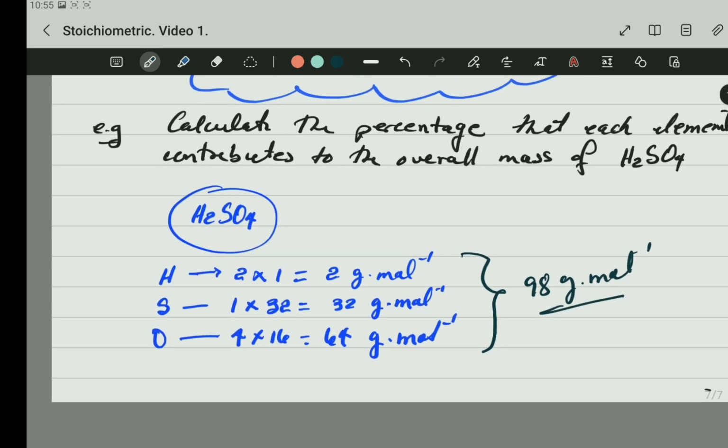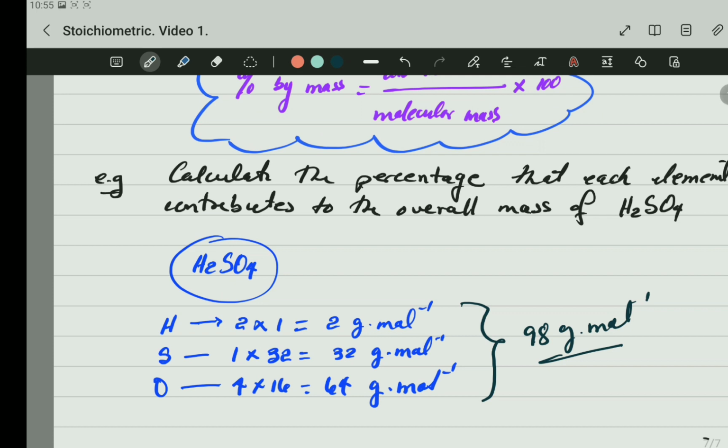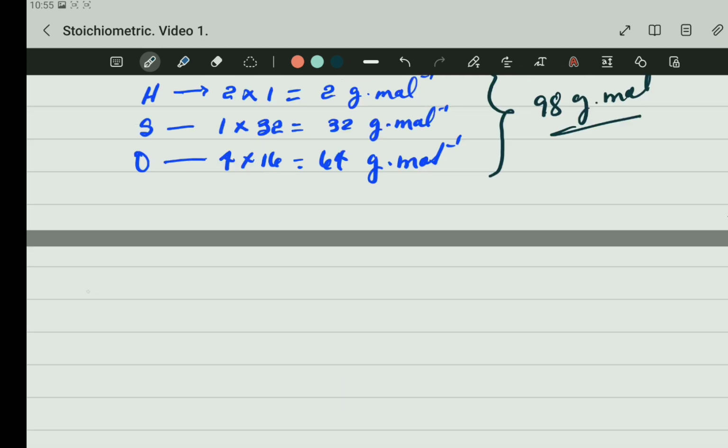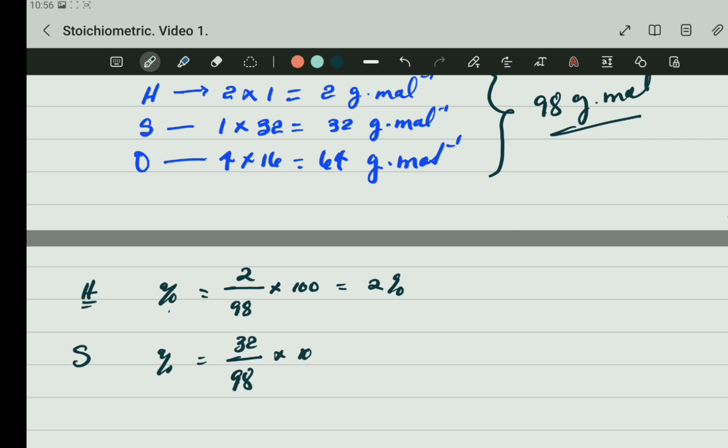All right. So now we go into the formula of the percentage individually. So we have here hydrogen. I'm going to write hydrogen. Now the percentage of hydrogen will be equal to 2 divided by the total, which is 98, multiplied by 100, and that will give us 2%. Let's go to sulfur. The percentage of sulfur, you go 32 divided by 98 multiplied by 100, and that will give us